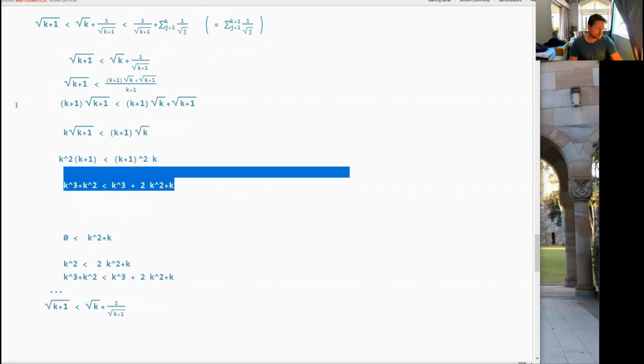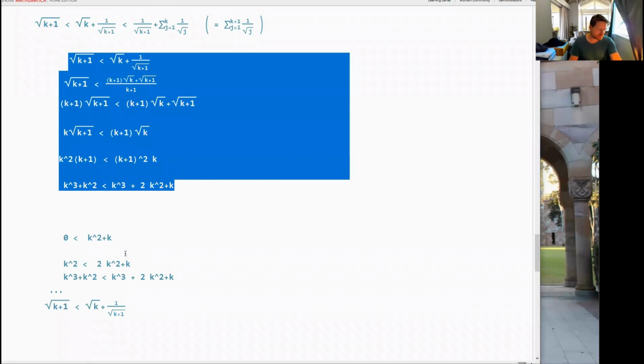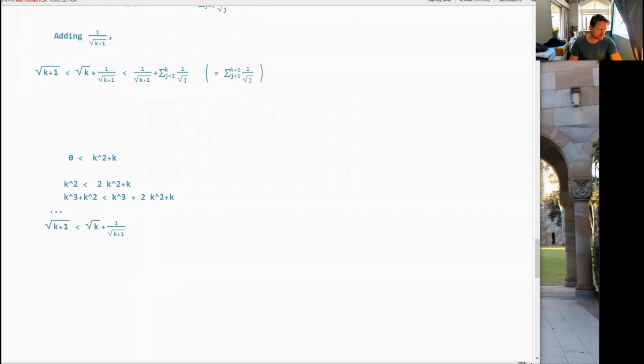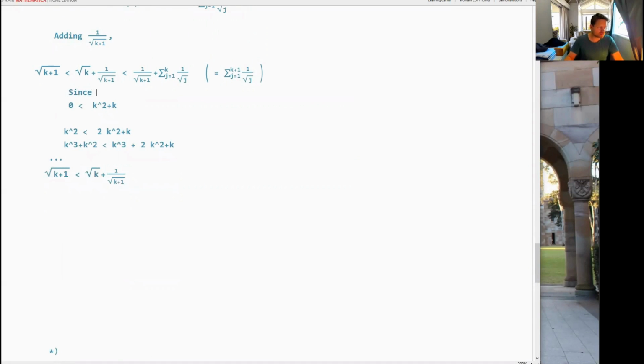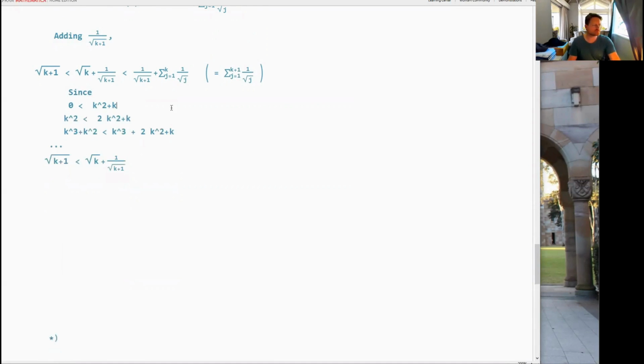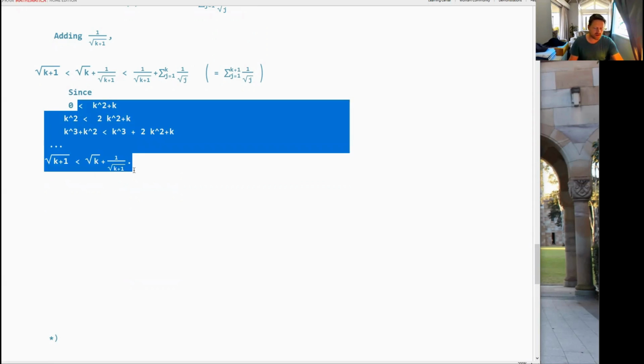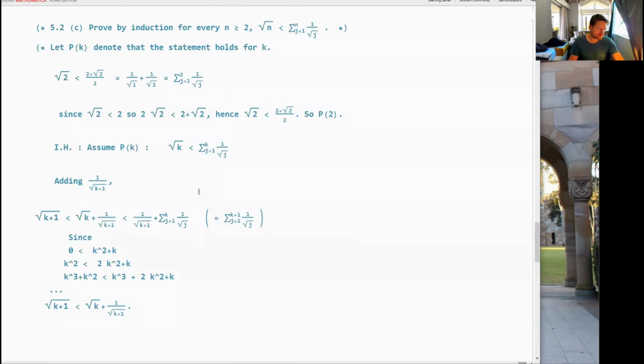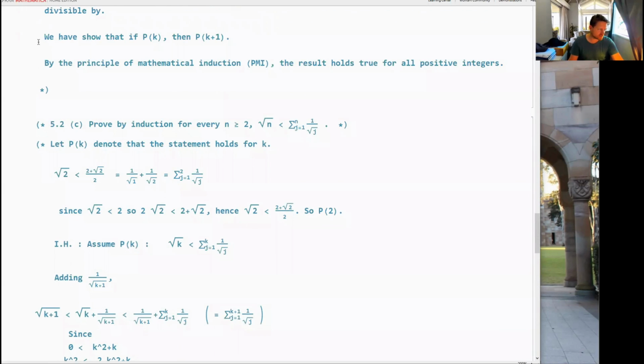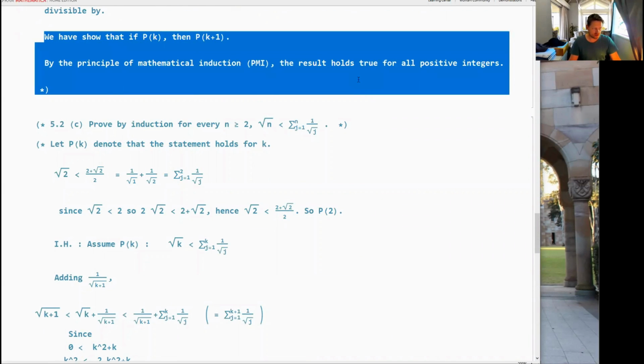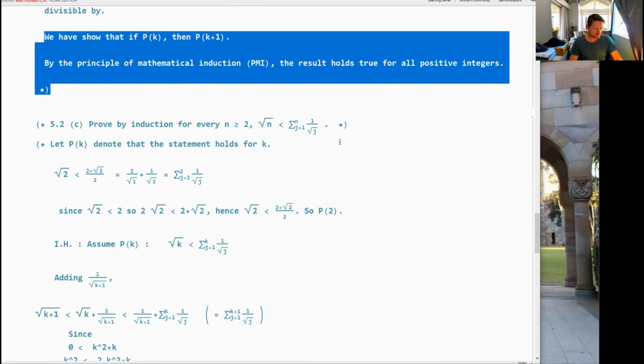All right, and then I can just get rid of all of this because that was scratch paper working. And then I'll say since. So yeah, that's the way we want to do that, right? Now, the number of details you put in on that, it's probably up to you. Okay, and then now the last thing we have to do is just fill in the rest of the stuff. So say what you've done and then write the principle of induction,